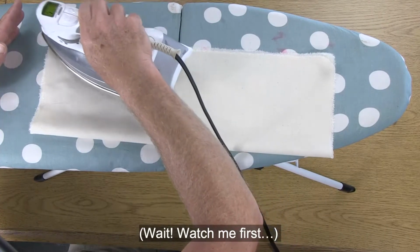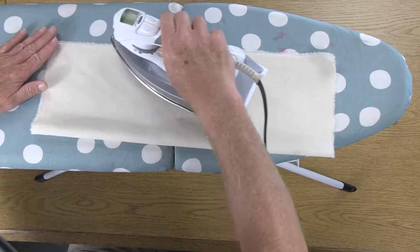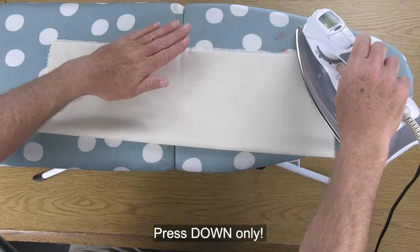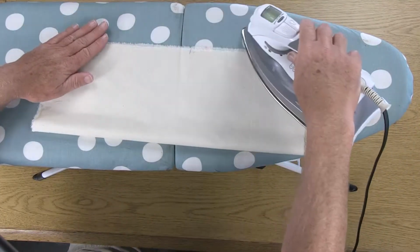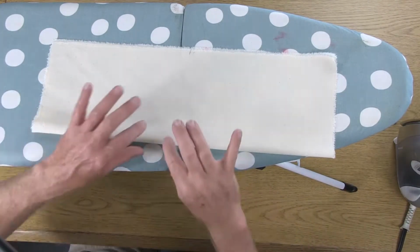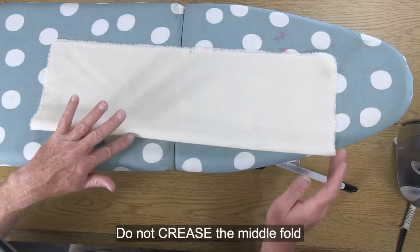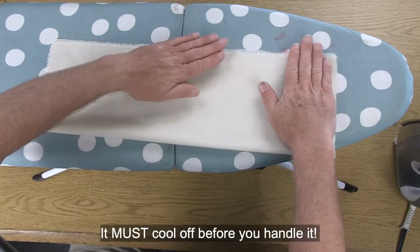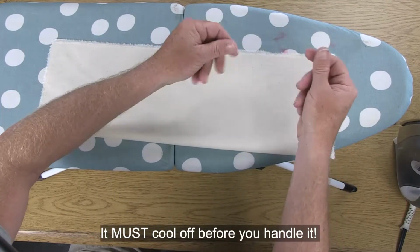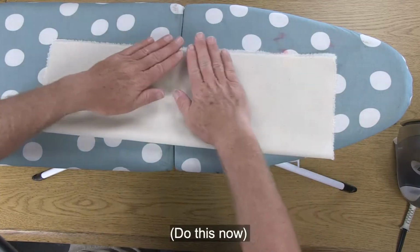So what I'm doing here is I'm just pressing downwards and I'm telling all of those grains to settle down and stay in the location that they're in. But be really careful, we're not going to crease the edge here, so leave this rounded. You also want to let this cool off. So what I'll do is I'll put my hands on here, and your hand will quickly soak up the heat, and it's cooling off in place, and this is setting the